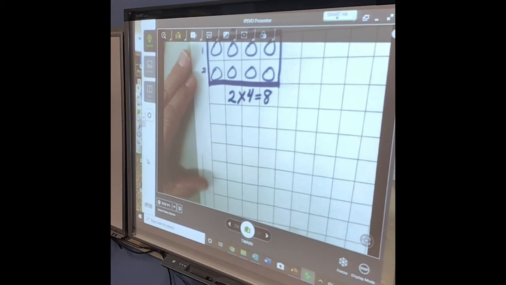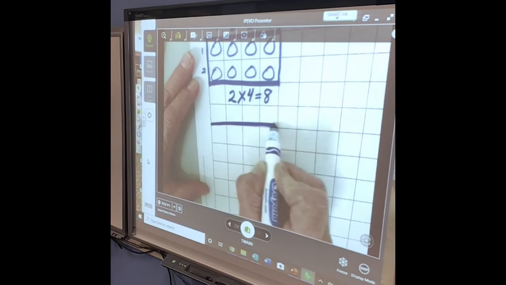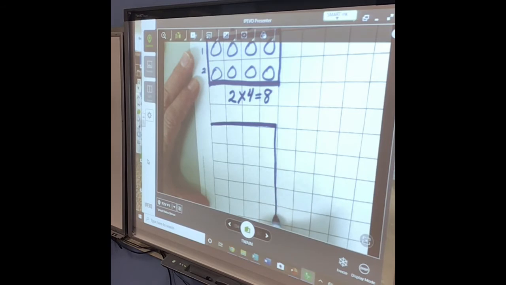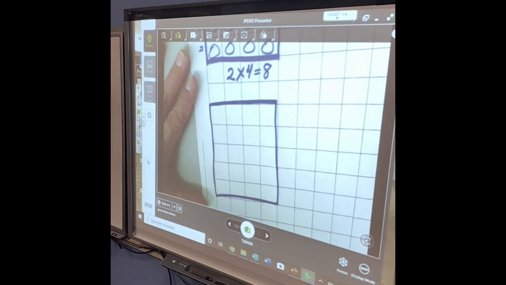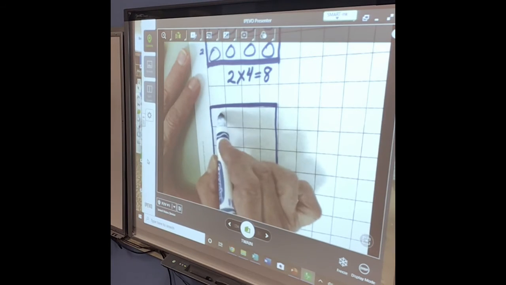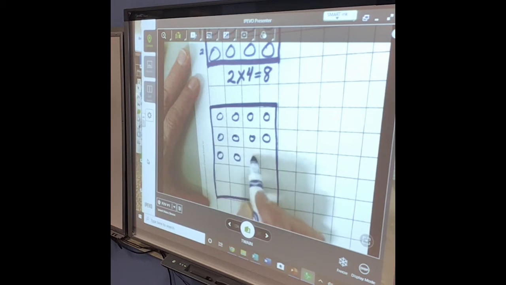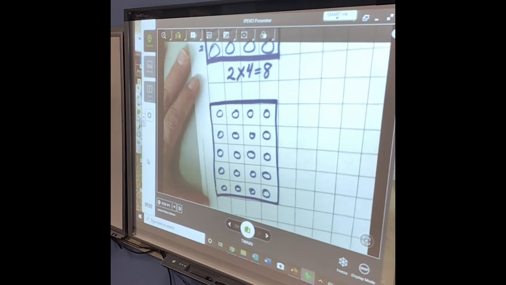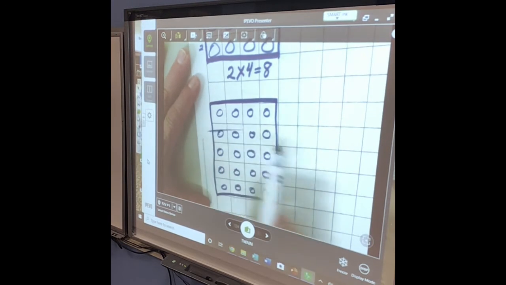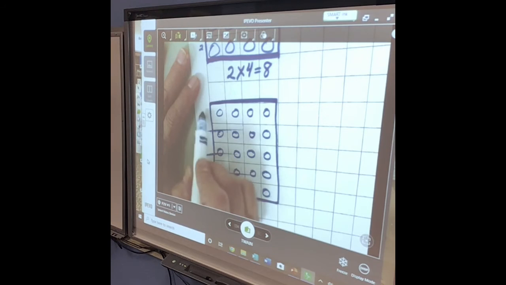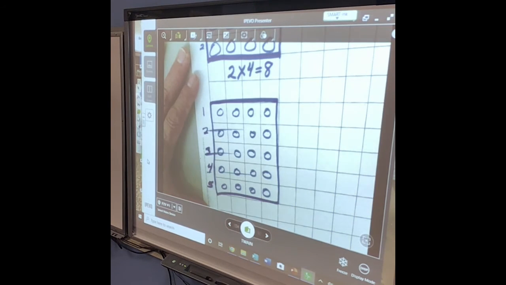Okay, moving on to another one. Let's make one that looks like this. Okay, so we are going to have a box of candy, or an array, okay, that has candy in each of these squares. Okay, so first we want to know how many rows there are. Rows go like this. That means how many groups there are. So 1, 2, 3, 4, 5. So there are 5 rows